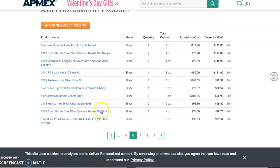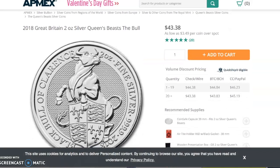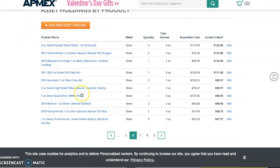All right, the Bull of Clarence. Bought a couple of these. I have a tube of something. I don't recall what it was. So the Bull not doing that well. Dragon doing great. And of course the mintages vary on the Queen's Beast, and some of the earlier coins have